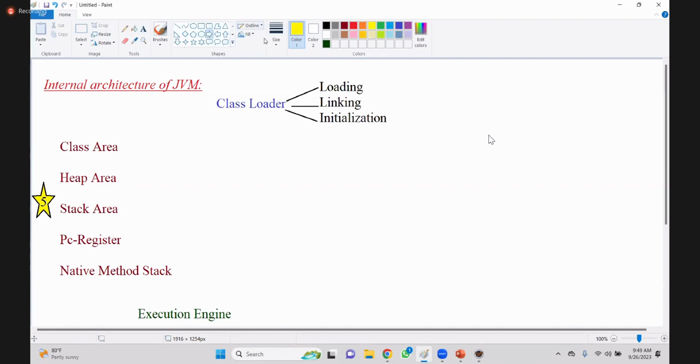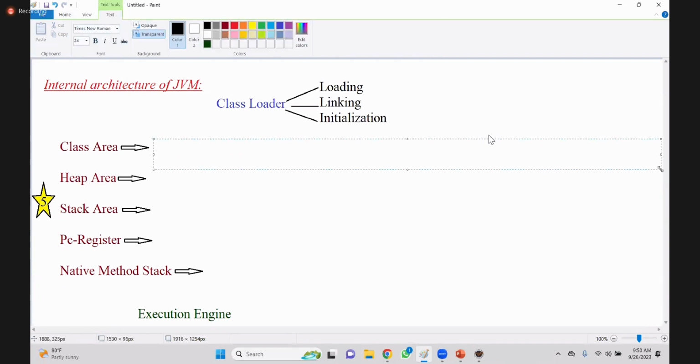So let us try to understand what is this class area. I mean, what will we store inside this class area? Okay. Class area. What will be stored inside class area? Guys, first listen. Please don't write when I'm explaining. Please don't write. Listen. Enjoy the class. Now, inside class area,